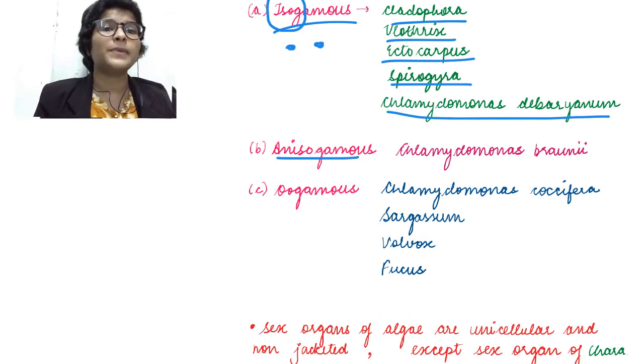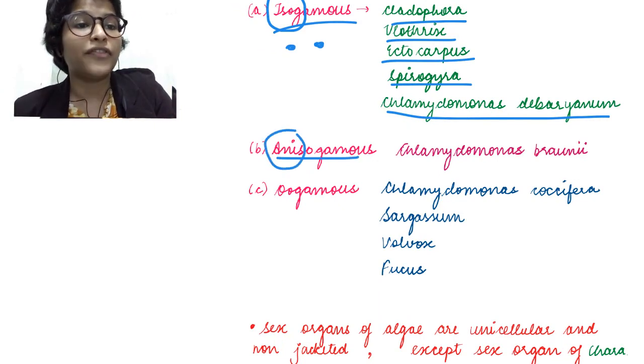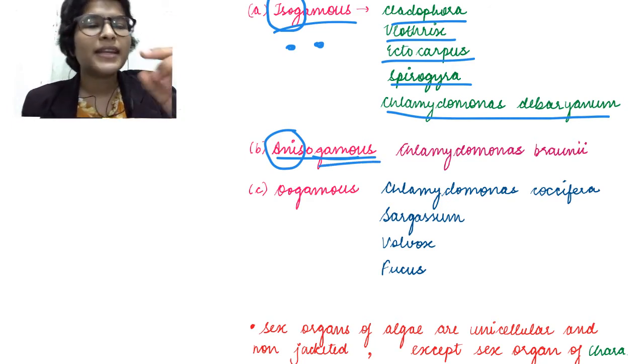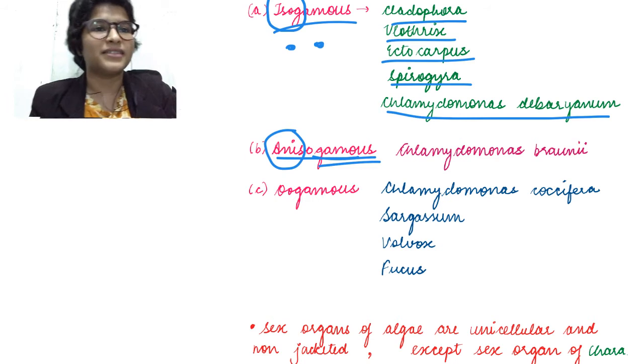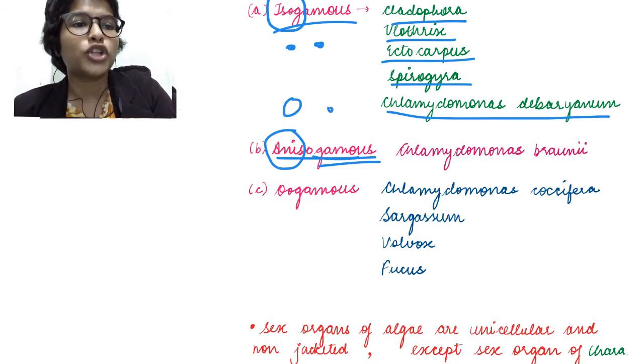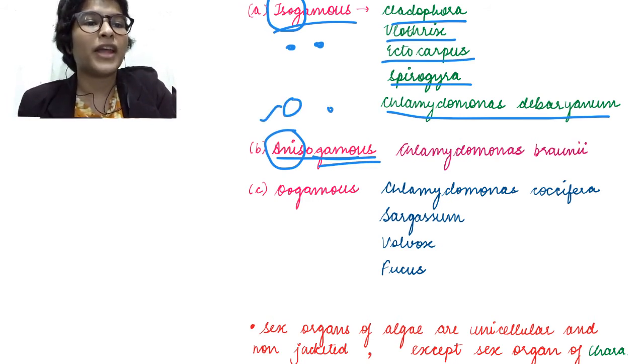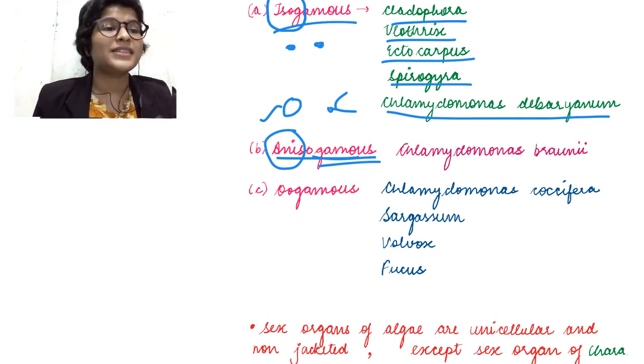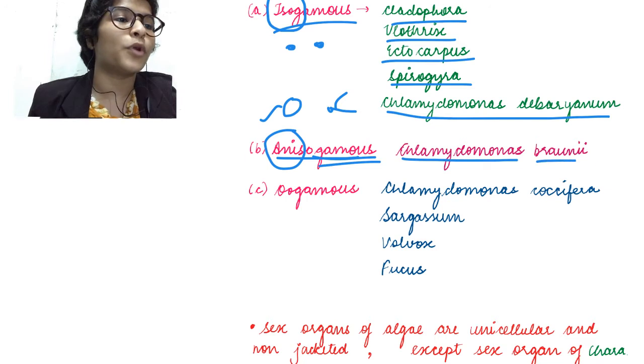अभी anisogamous में क्या होता है? Aniso यानी different और gametes यानी कि gametes. So, इसमें शायद there is a few different characteristics. For example, एक थोड़ा बड़ा, एक थोड़ा छोटा, या फिर it depends on the number of flagella as well. This might have 2 flagella or 1 flagella, etc. So, this is seen in Chlamydomonas browni.